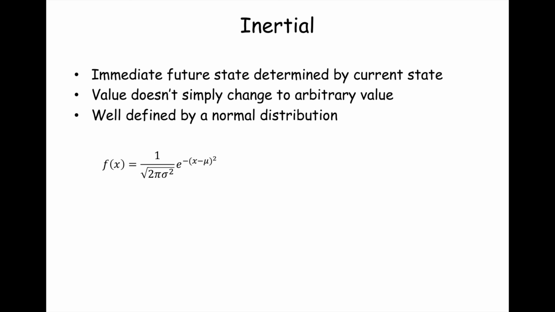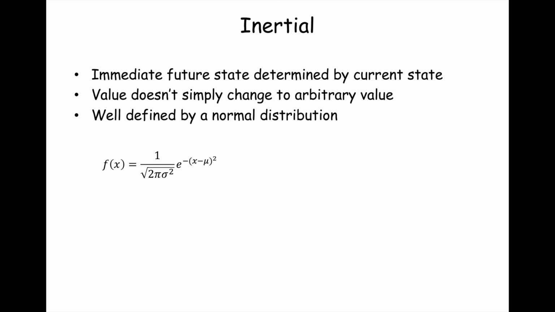I'm glad you asked. This inertial quantity is a specific type of system, and it's a system you observe, like position, velocity, and so forth. And it's governed by this property that the immediate future state is determined by the current state. So let's say someone's walking or running, and you measure his or her position now, and then maybe 100 milliseconds from now. Well, 100 milliseconds later, you can assume that where they are is somewhere nearby where they currently are, right? And so this quantity is called inertial.